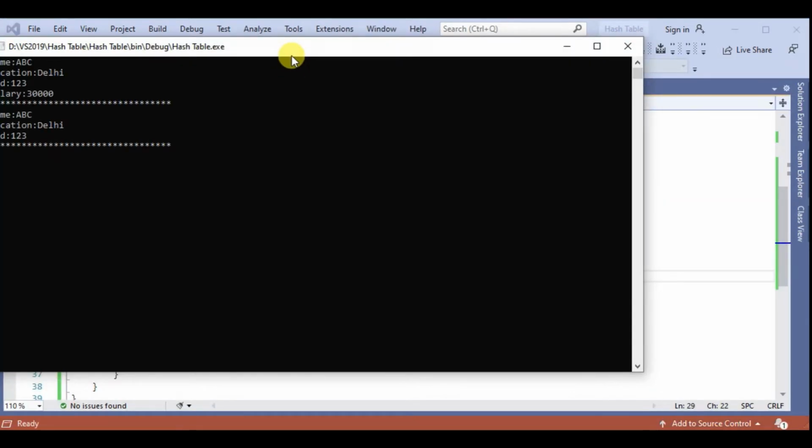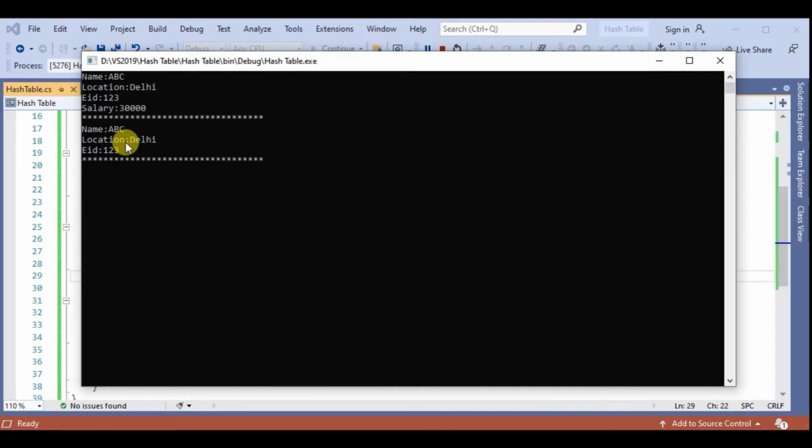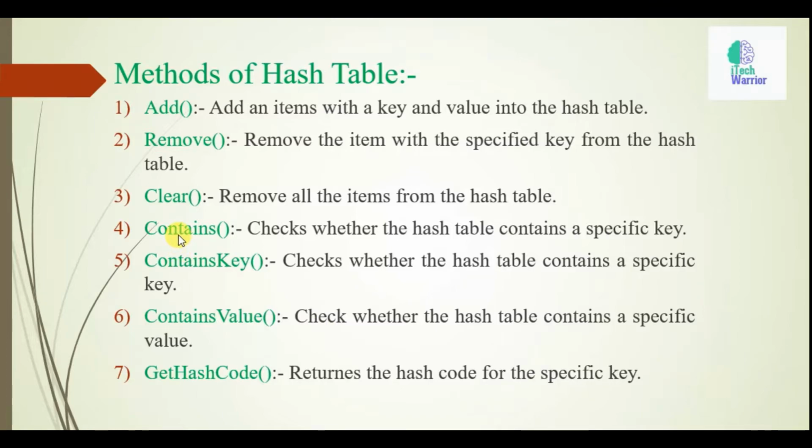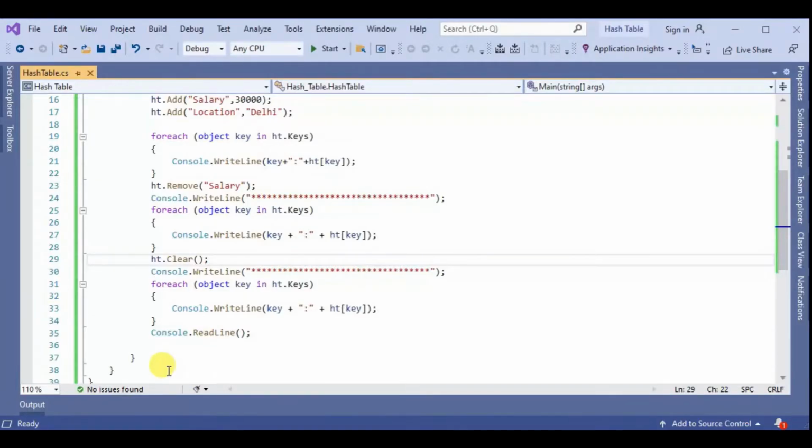So you can see the first output, second output, and the third output. Here no item is seen, because the clear method removes all the values present inside the hash table. And the next method is the contains method. Let's see.